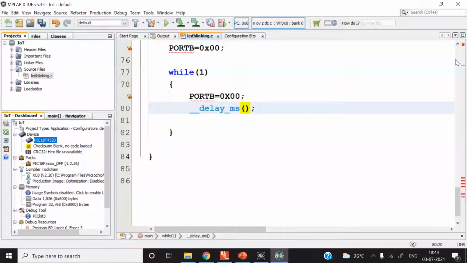So if I enter 1 here, the added delay will be 1 millisecond. If I enter 1000, the delay will be 1000 milliseconds, and so on.